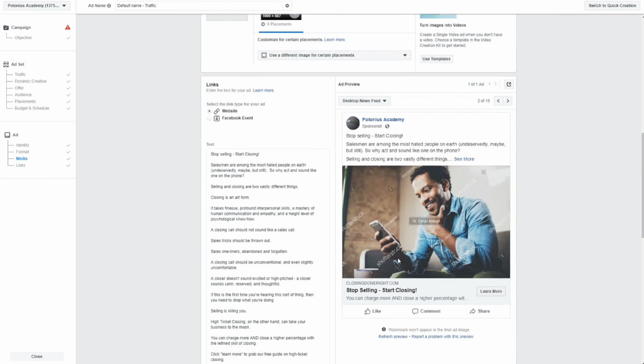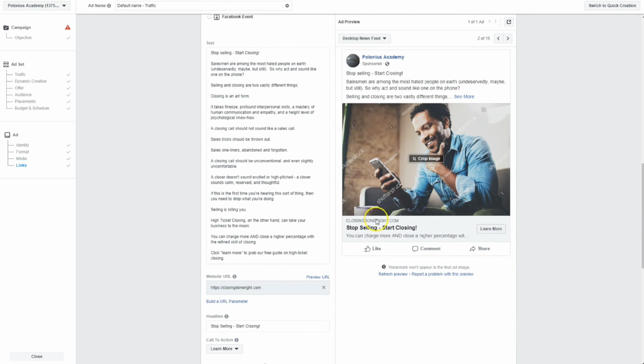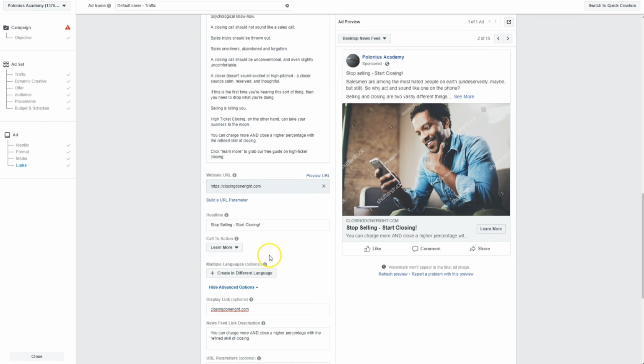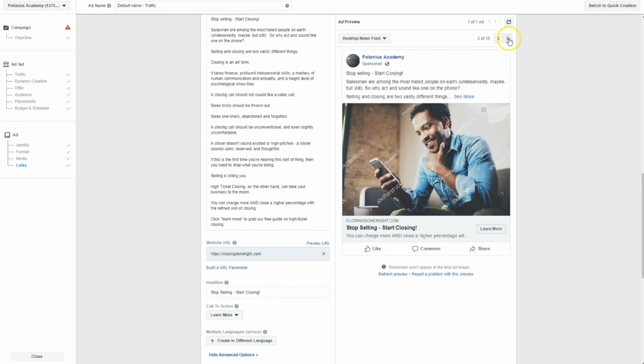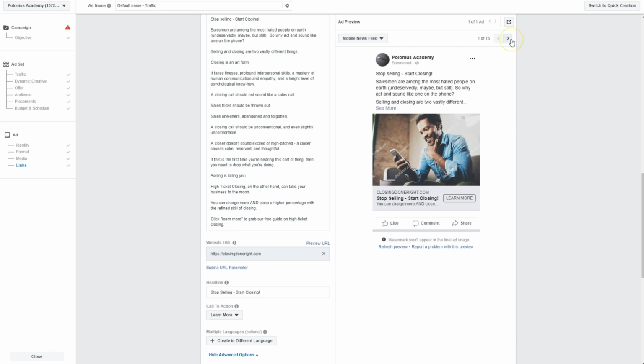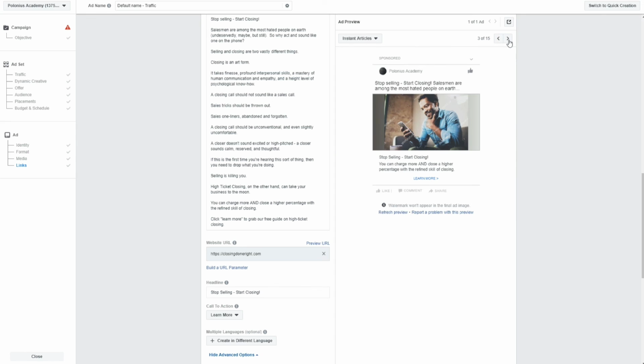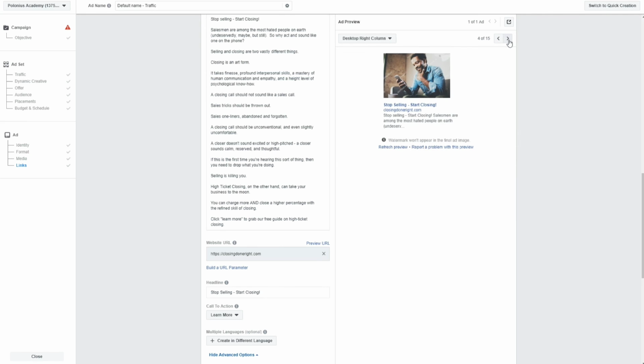We've got our ad copy, we've got our ad image, we've got all the details down here set up, we've got linking to our website, and let's have a look at what this looks like in all the different placements. So this is mobile newsfeed, not bad. Of course, the watermarks will be removed once the ad is published. And this is desktop newsfeed, instant articles, right column,